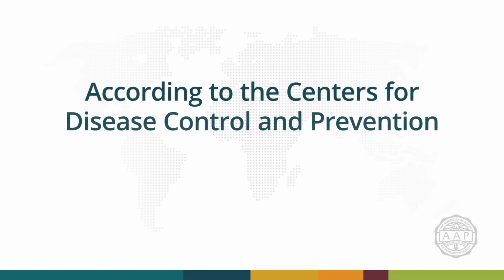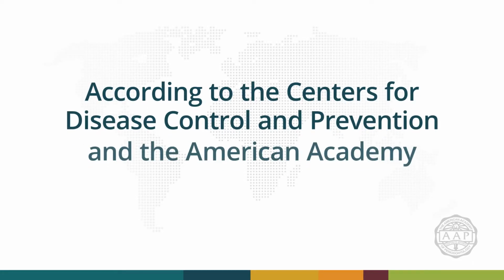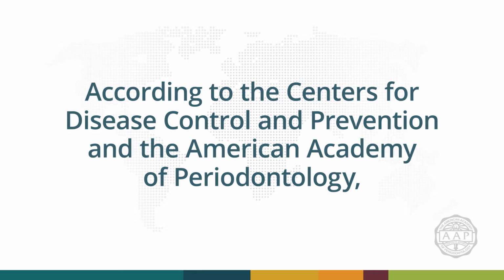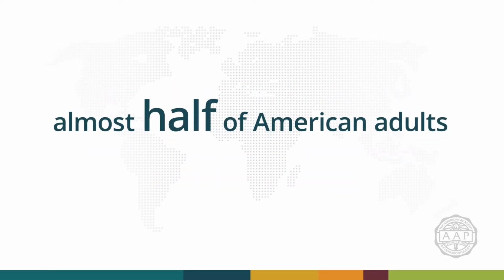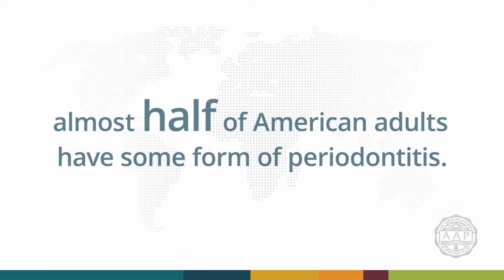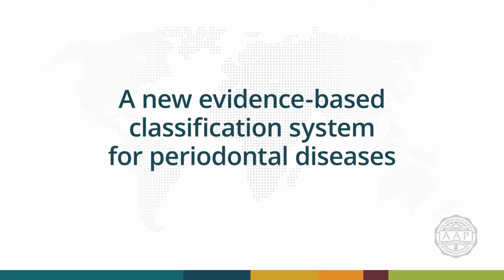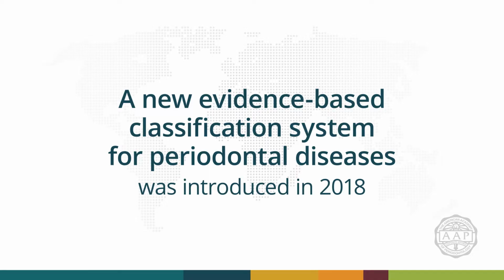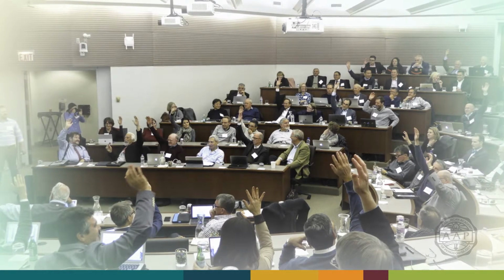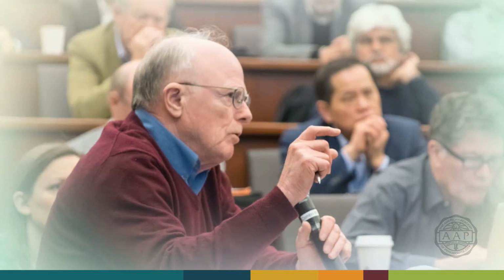According to the Centers for Disease Control and Prevention and the American Academy of Periodontology, almost half of American adults have some form of periodontitis. A new evidence-based classification system for periodontal diseases was introduced in 2018, following a consensus conference of global leaders in